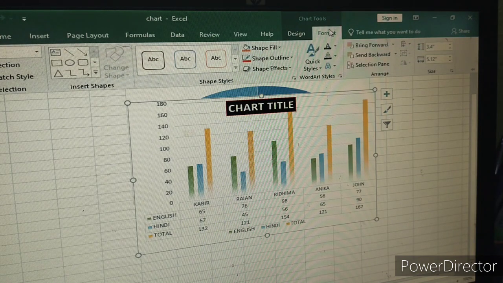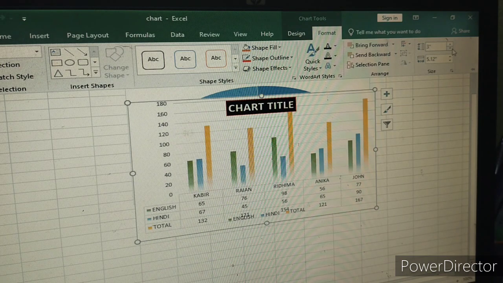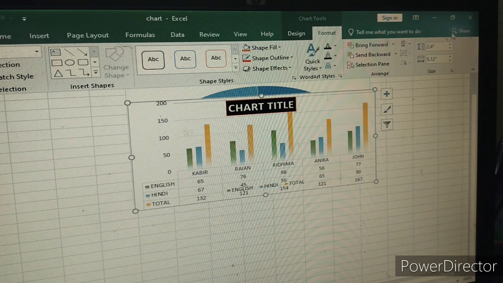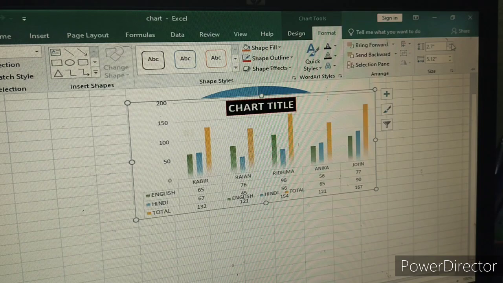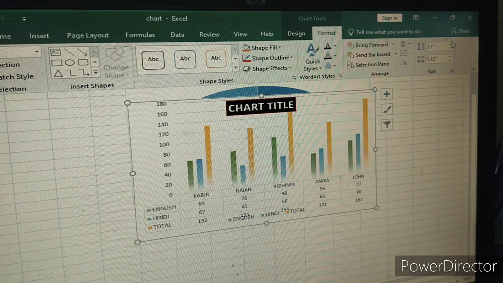Okay, this is Format. After clicking this Format menu, a list of icons is shown on our screen. Here we can change the size of the chart. See children, okay, if I want to increase the size, I can do it here.